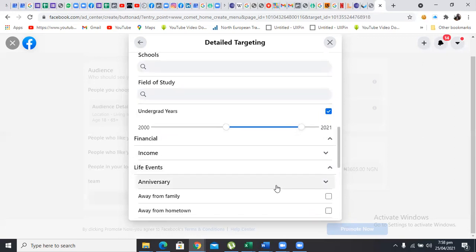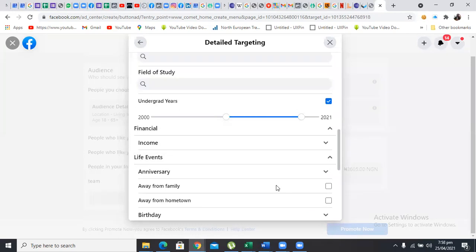Anniversary. You can also agree with me that most times when people, especially if you are into clothing items or you are selling anything at all that is of value, that females or males need, you know that most times ladies, when they are having their anniversary, let's say marriage anniversary, birthdays, or whatever celebration that they are having, they want to buy things to celebrate that.